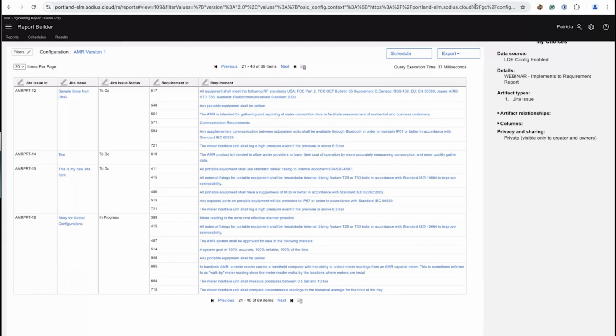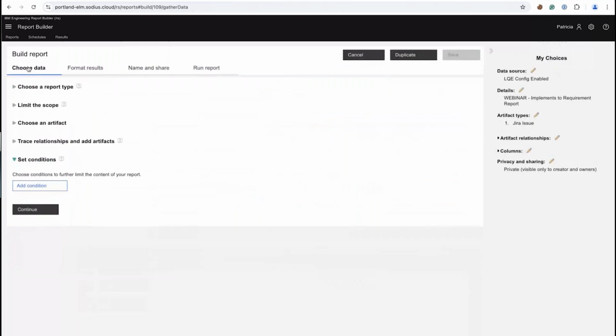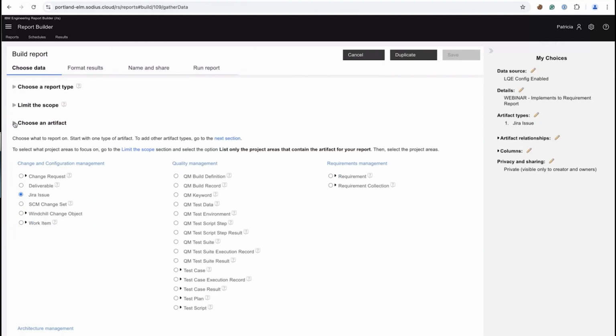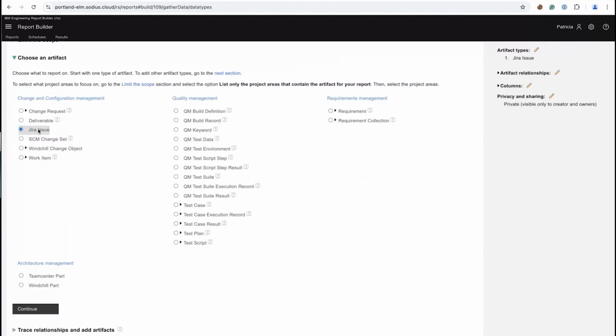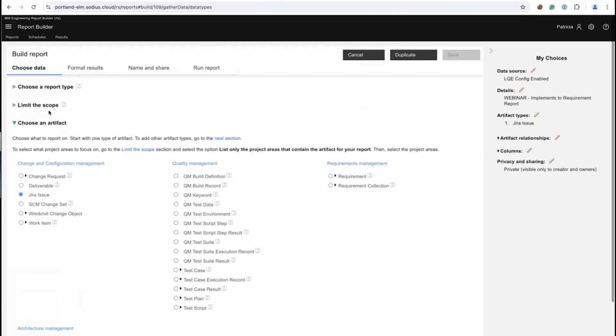And you'll be able to see that we implement that such that in the IBM reporting tool, if I look at the artifact types that I have here, you're going to see a Jira issue is now a native part of this. So we're contributing that information to what's called LQE, an index of those data artifacts, so that you can actually have those artifacts within your report. And indeed, we'll show it a little bit later, but when you look at the formatting and results here, you can add different